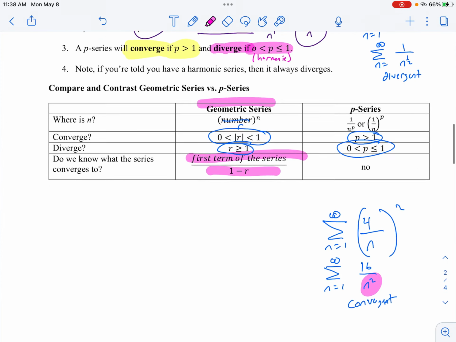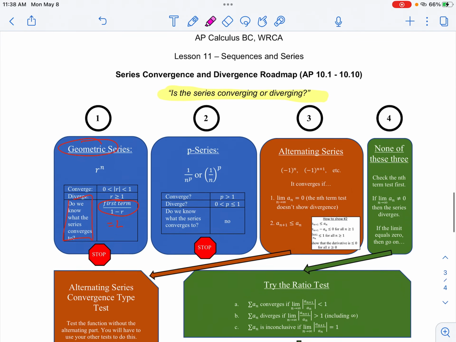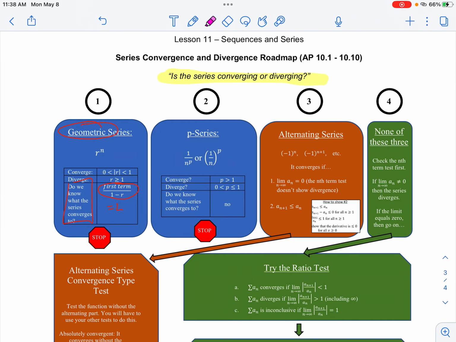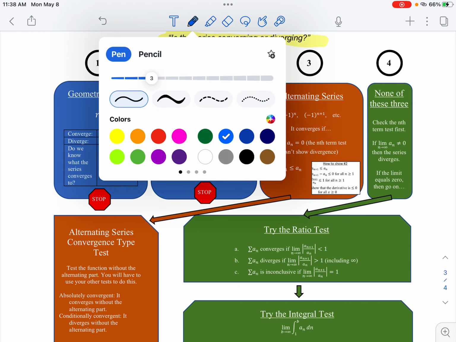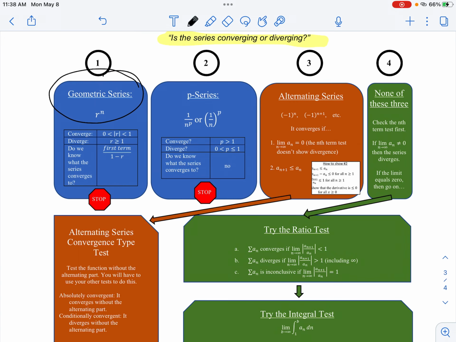Okay, big picture, and we'll be finished with this video. Remember, highlighted in yellow, the question is: is the series converging or diverging? We are going to do a lot of tests, and the first two we've learned now. You want to see: is it a geometric series, some number r to an nth power, or is it a p series, 1 over n to some power? If it's one of those two, you're going to use box 1 or 2, figure out the convergence or divergence that way, and you're done. Unfortunately, there are a lot of series that aren't geometric or p, so we have other tests that we need to do, and that will be in an